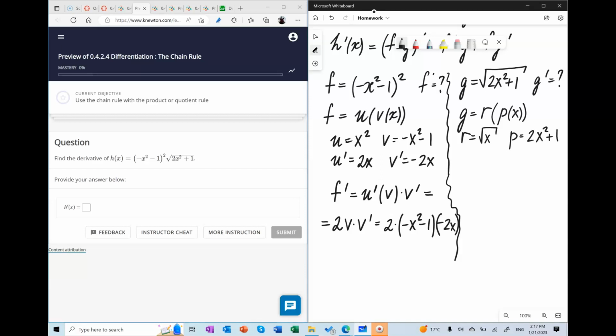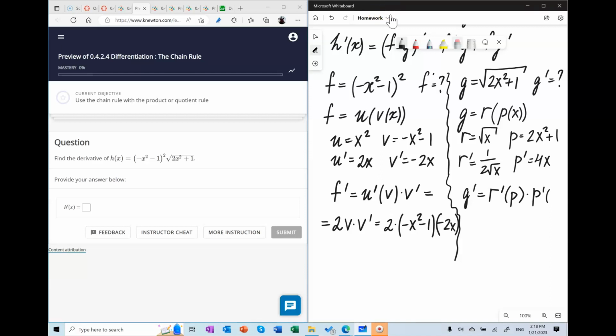So the derivative of the radical function is 1 over 2 radical x, and the derivative of the polynomial function is 4x. So to find the derivative of g using the chain rule, we're going to take the derivative of the outer function,